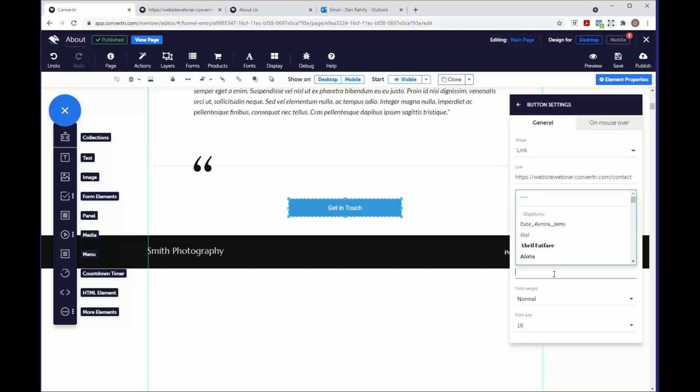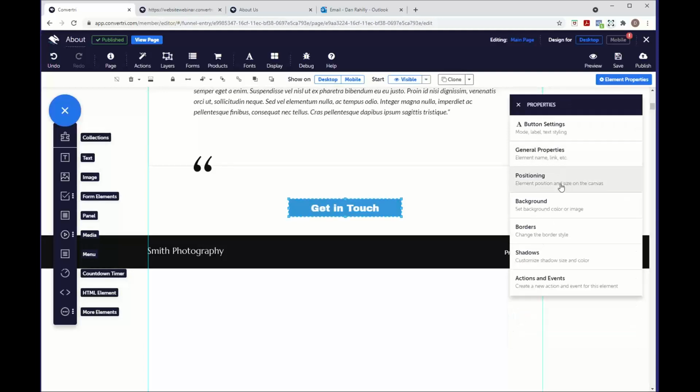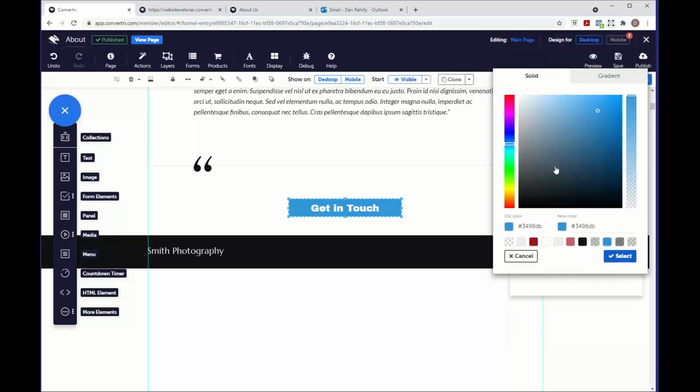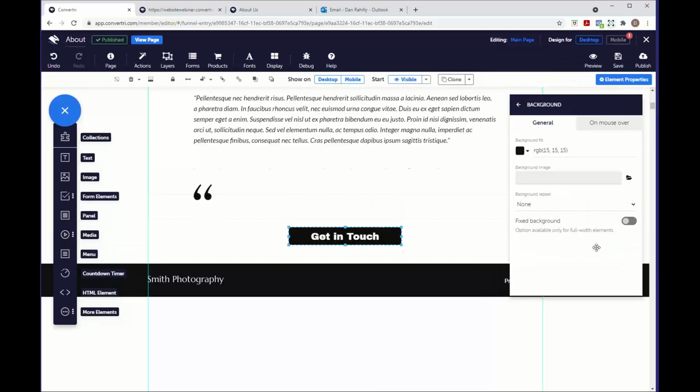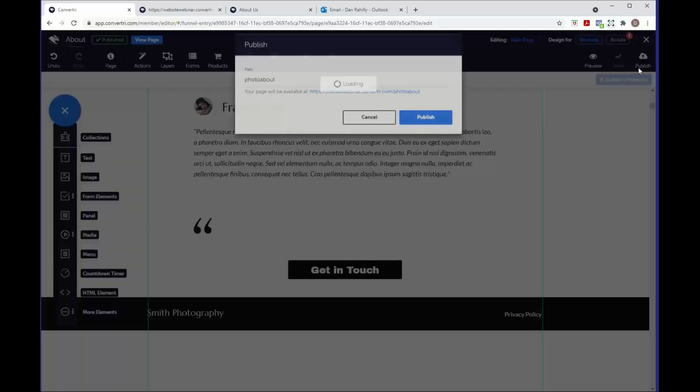I can even change the style. So if I want the font to be different, like so. And I can even change the background color as well, so that it suits my site a little bit more. So you can see we've got the black there, like so. Now if I save the page and publish it again,